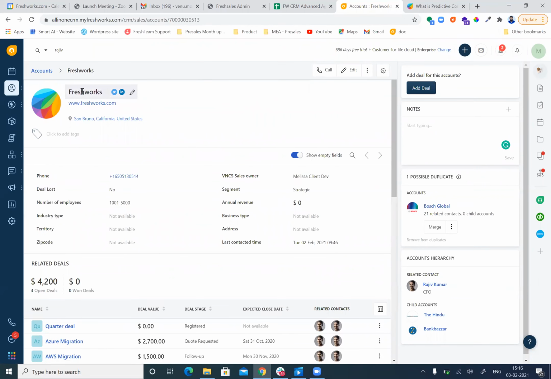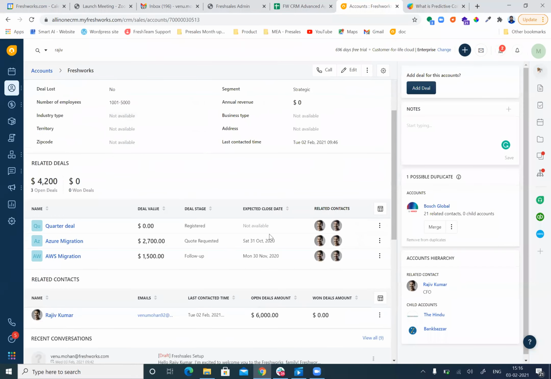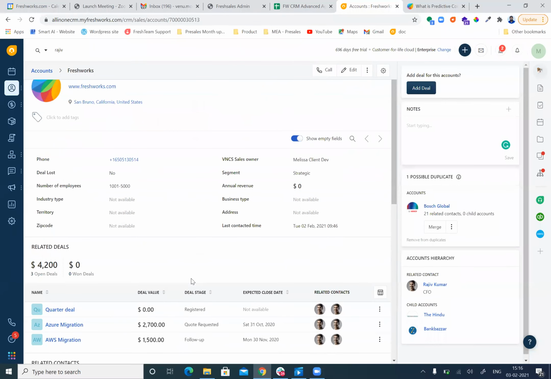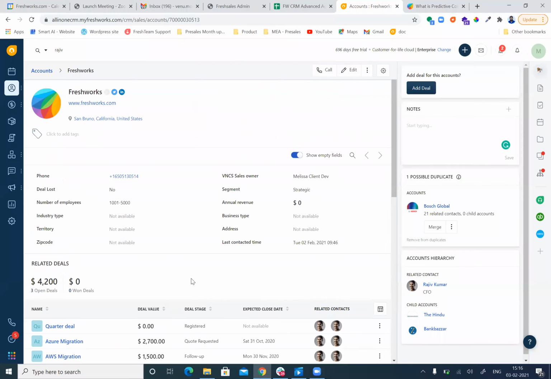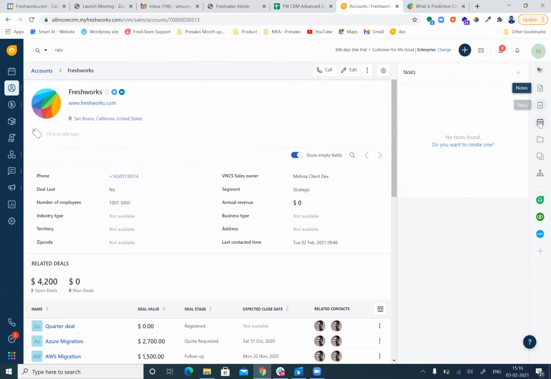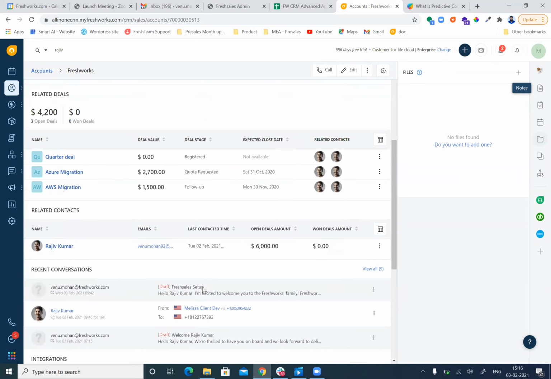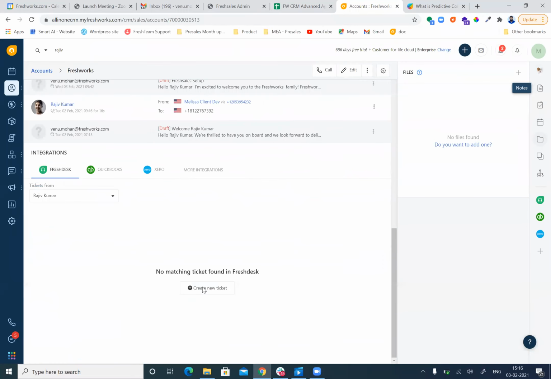So the end-to-end information about Freshworks, you would be able to see here. It's very similar to the contact 360-degree view. Similarly, you can also see the 360-degree view of the company information. Similarly, you will have the notes section, task options, appointments, file management, and all those will be part of this account module also. Okay.